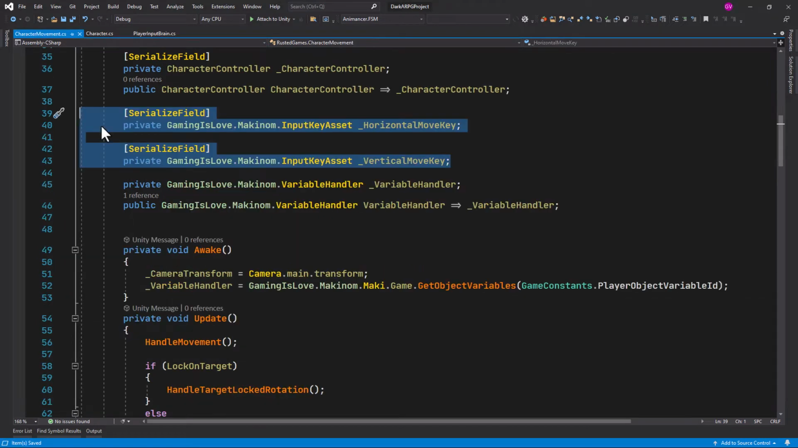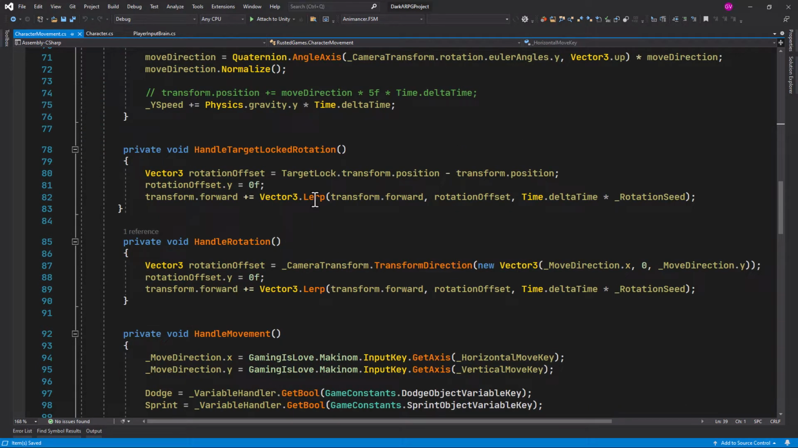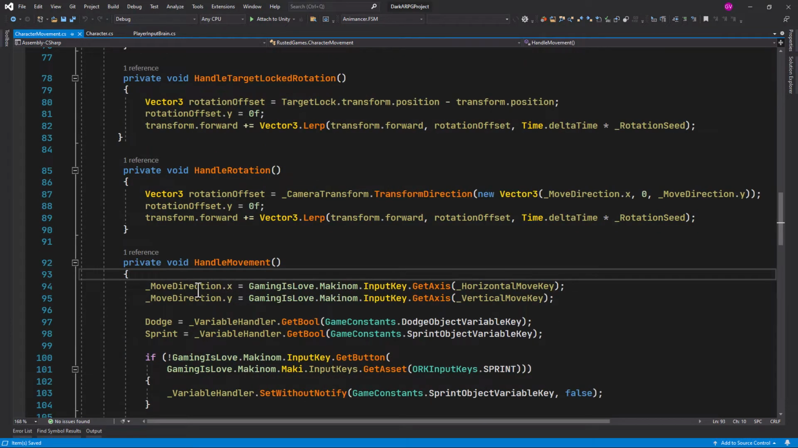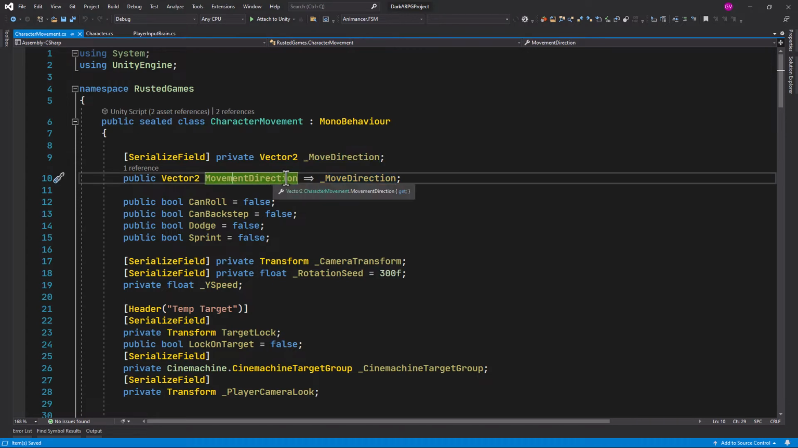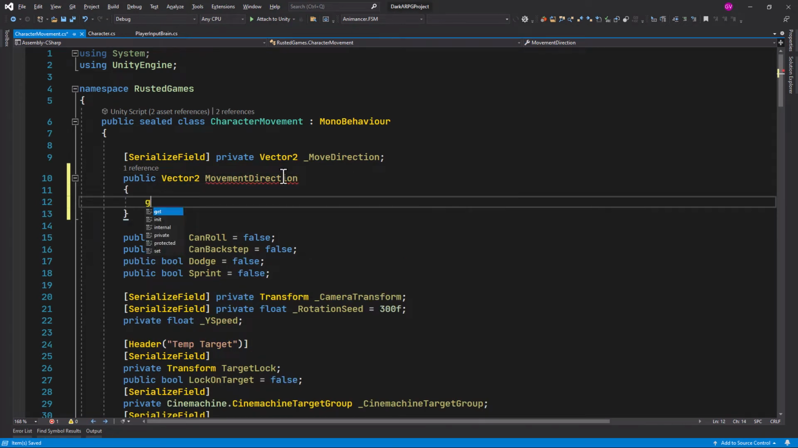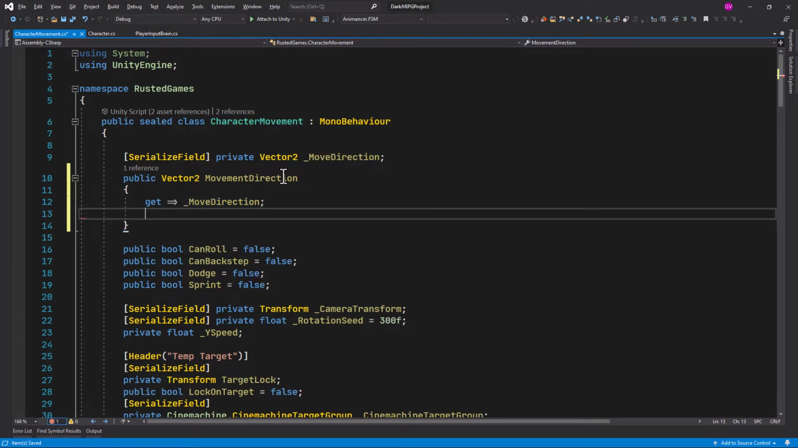Now if we go back to the character movement script, these inputs are being used in the handle movement right here. So we are populating this vector to move direction. If we do F12 to go to the declaration, we see that this is a private field and we have a getter here. So we need to convert this public getter into also a setter. So let's remove this section and let's add some curly braces. Let's do a get. The get will return the private field like we had it before, but then in the setter